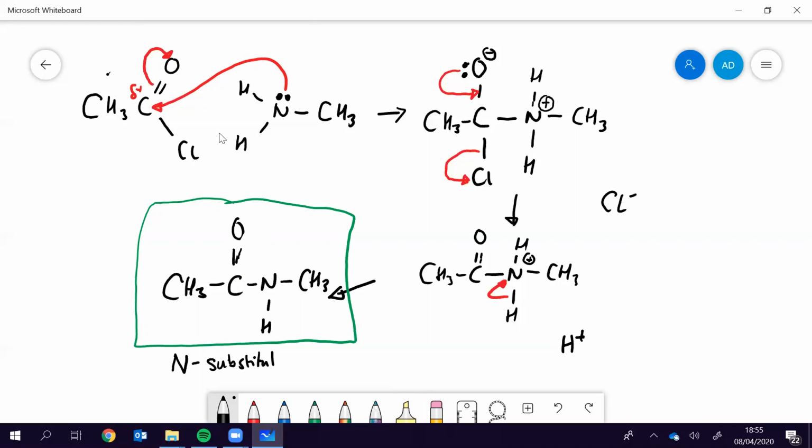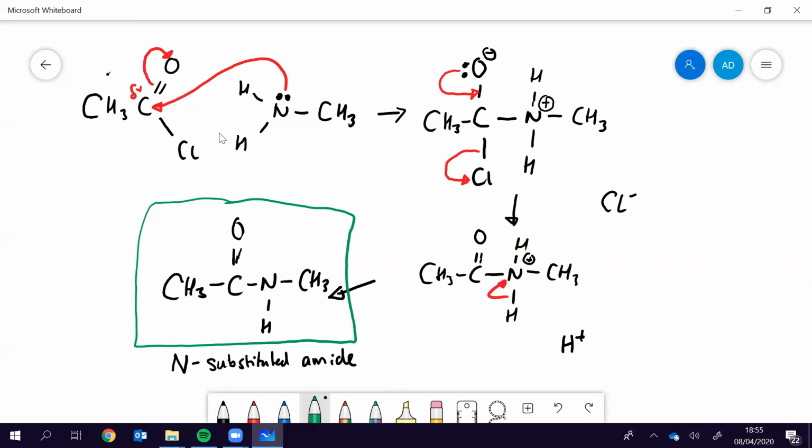This is an N-substituted amide, and you need to know how to name these things. So what I'm going to do on the next board is draw some esters and name those, and then draw the corresponding N-substituted amide and try and name them. But this one you would actually call,